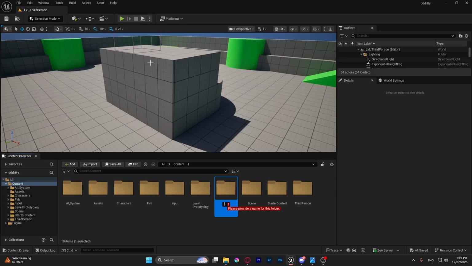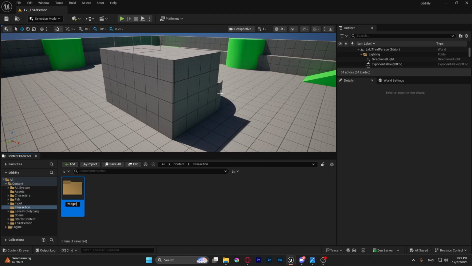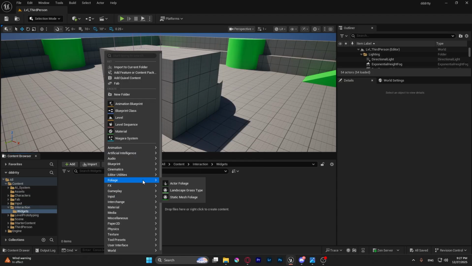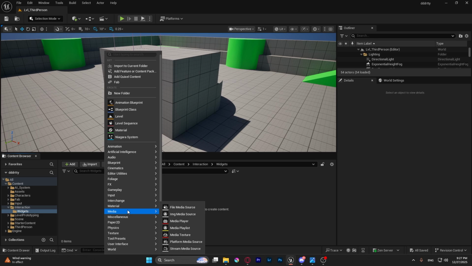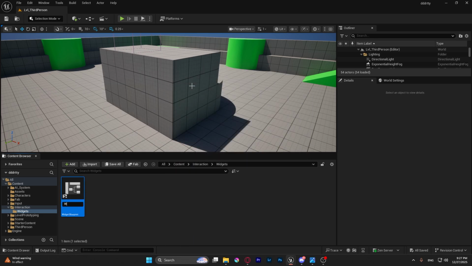We need a folder called interaction. Interaction, right? In here, we are going to create a folder called widgets. And we are going to create one main widget. So go to user interface, widgets, and user widget, main widget. Another one, this will be the